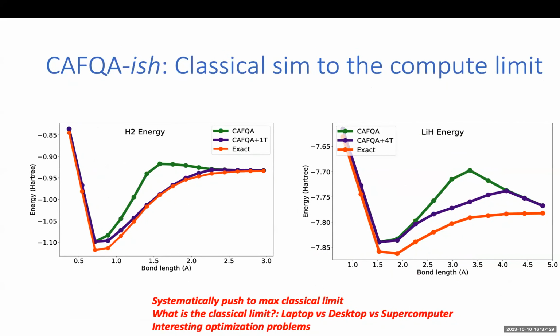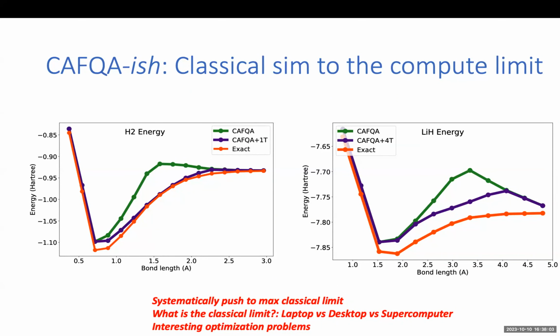So the point I want to make here is that Kafka itself looks at only Cliffords, and Cliffords are polynomial time, right? On the other hand, it is possible to go a bit beyond polynomial time by introducing some amount of non-Cliffordness into your circuits. In this example, these T gates are basically non-Clifford elements. Again, this is a small molecule. The green line is a Kafka initialization, the purple line is this Kafka plus one non-Clifford initialization. You can see how close it gets you to this orange line, which is the exact line.